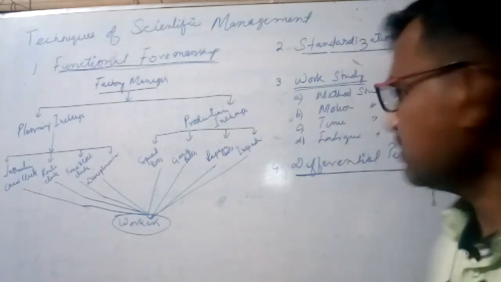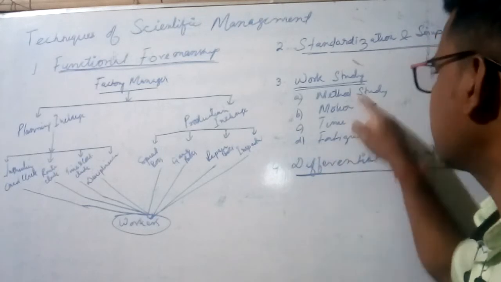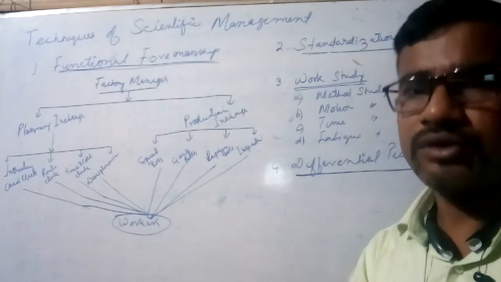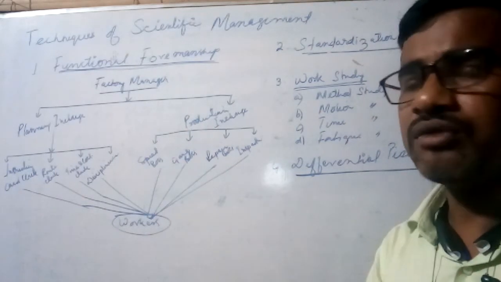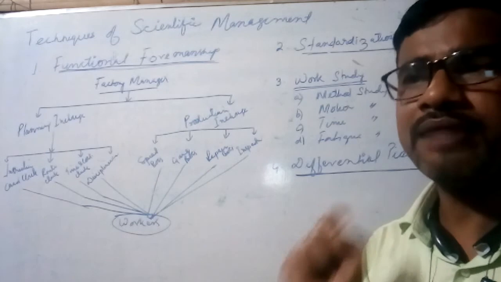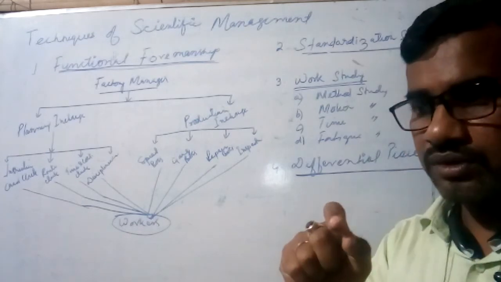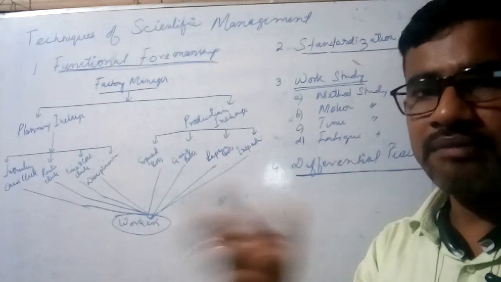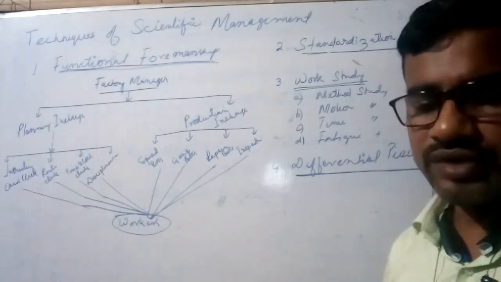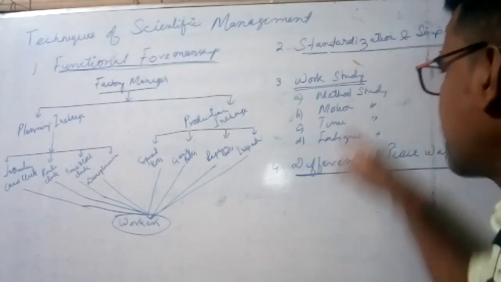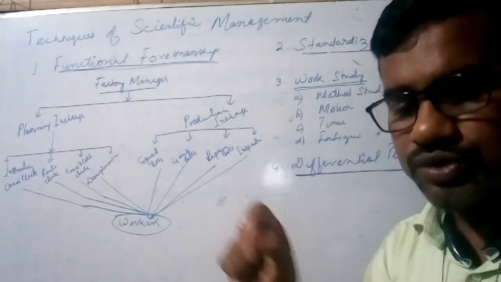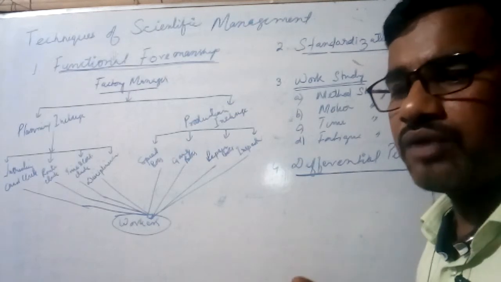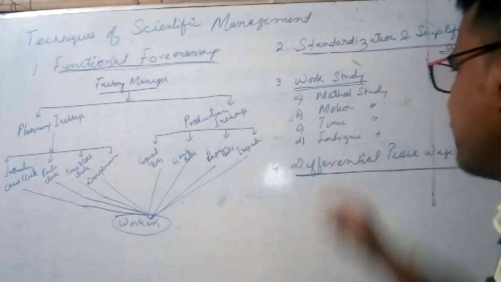So simply I am giving you some meaning. Method study means what? For doing a particular work, there are so many methods, A, B, C, D. So you have to find out the perfect method. Perfect method means less time and less cost, or doing production in mass quantity with less wastage of time and money. So you should choose the best method, the best technique of doing the work, by which you will do the work in a very efficient manner.